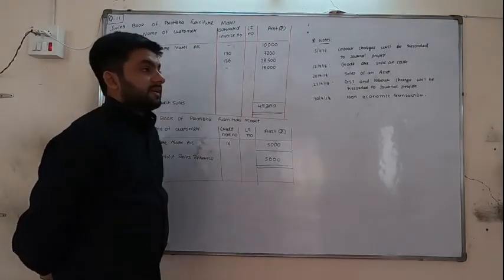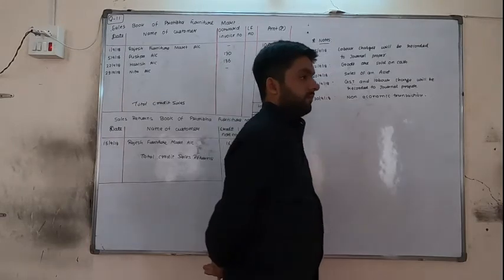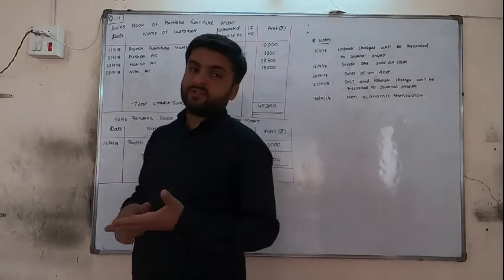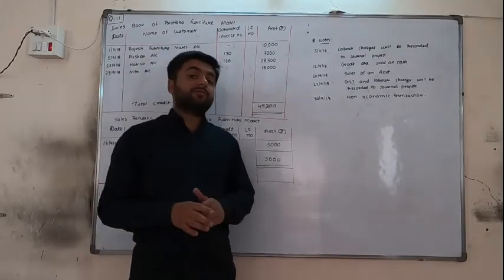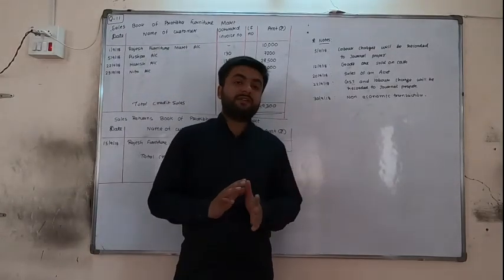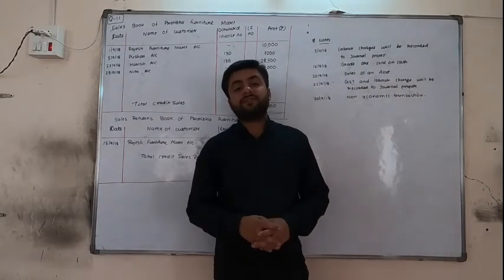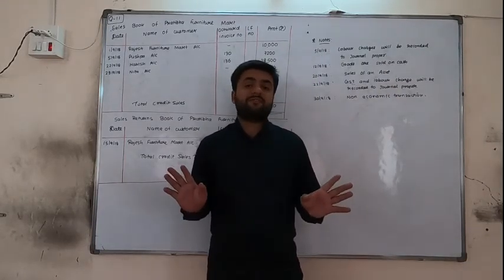So now next sums we will go for tomorrow. 12th sum is having 4 books: purchase, purchase return, sales, sales return. So 4 books we have to prepare in 12th sum. Then 13th sum, I think, yes, 13th sum is not required, and again 14th sum. So again only 2 sums are left for this chapter.